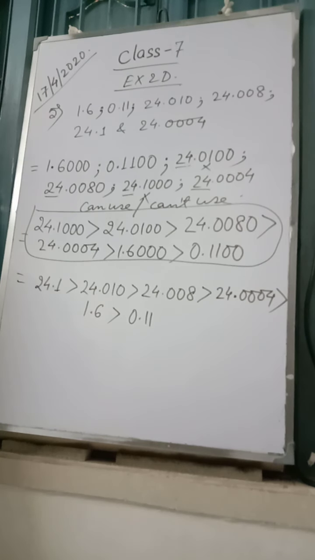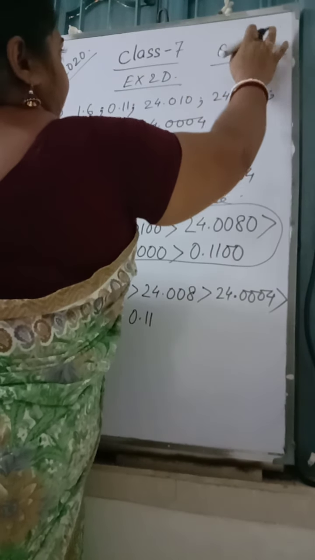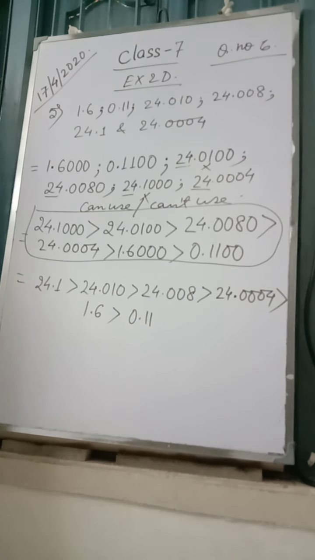Question number 6. For constructing a house, 375.84 kg cement, 1793.718 kg sand and 12,688.94 kg bricks were used. Find the total weight of three materials used in construction. Kindly write it for the homework. This question number 6, you have to add all the three weights of the materials. Always keep it in mind, convert into like terms and add, or if you want to write in a column method, always keep the decimals in a straight line.